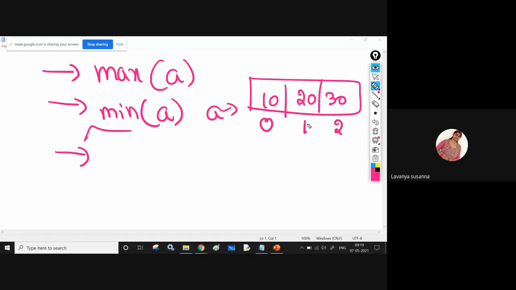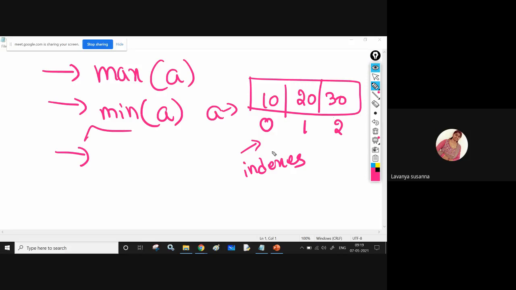Now, if you want to find out the index of the largest element, I'm talking about indexes. 0, 1, 2 are indexes. Elements are 10, 20, 30.